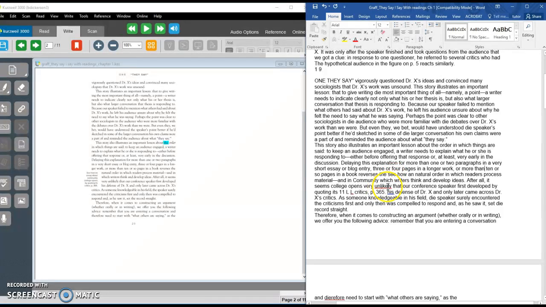So for "unlikely", we can leave it as is because that's how we spell the word. And then it says, and then we're going to move on to the next couple sentences. After all, it seems college opens very unlikely. I'm going to look for that sentence here because it's a little confusing. So it says, very unlikely that our conference speaker, and then that's here, first developed by quoting its,